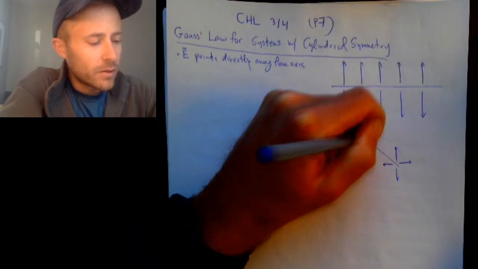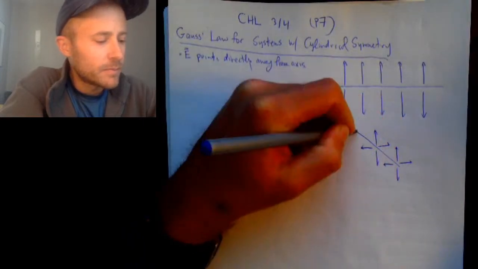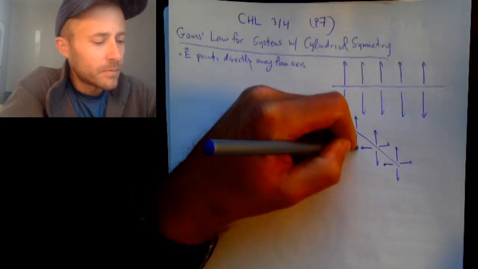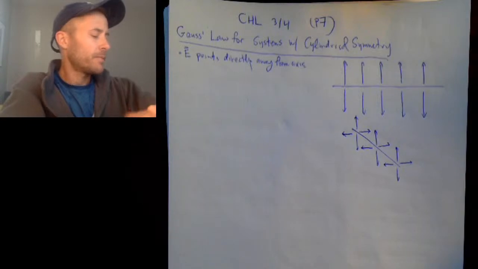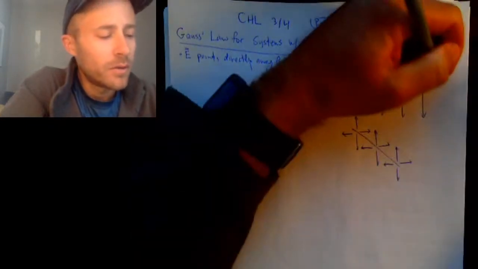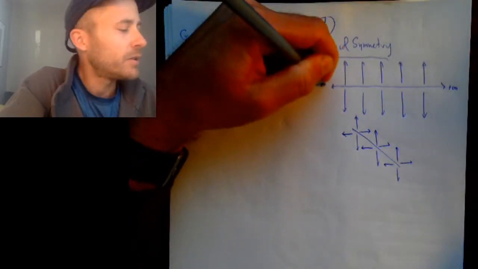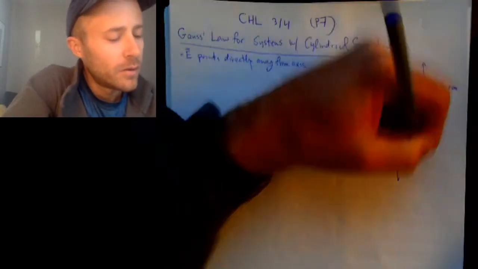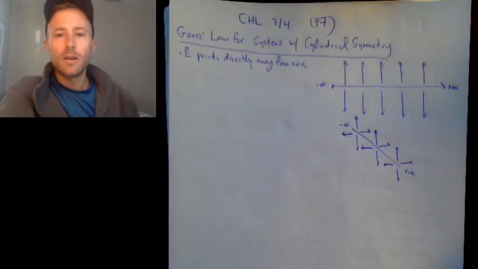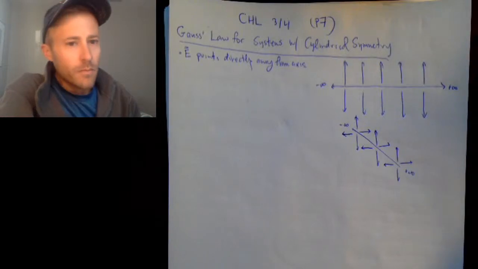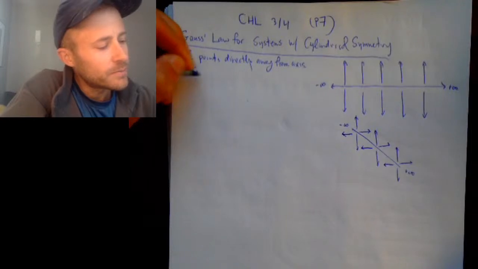So it kind of is going out in all directions, from plus infinity to minus infinity. So in this case, our Gaussian surface